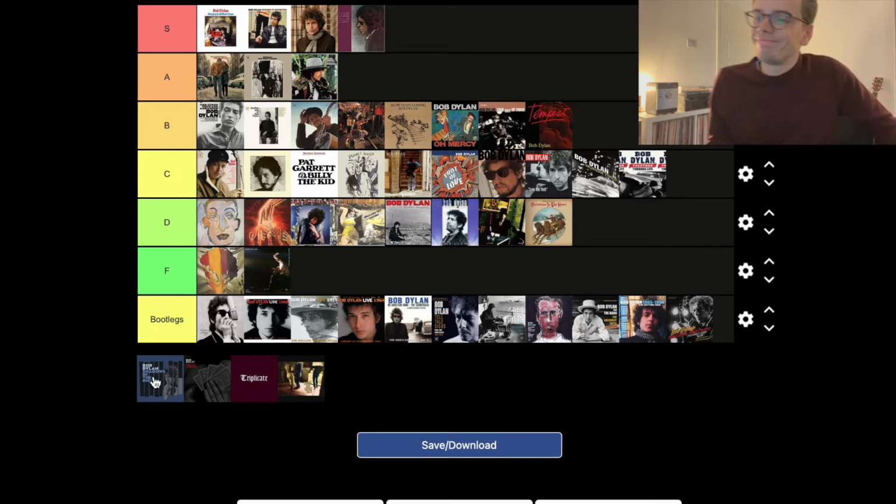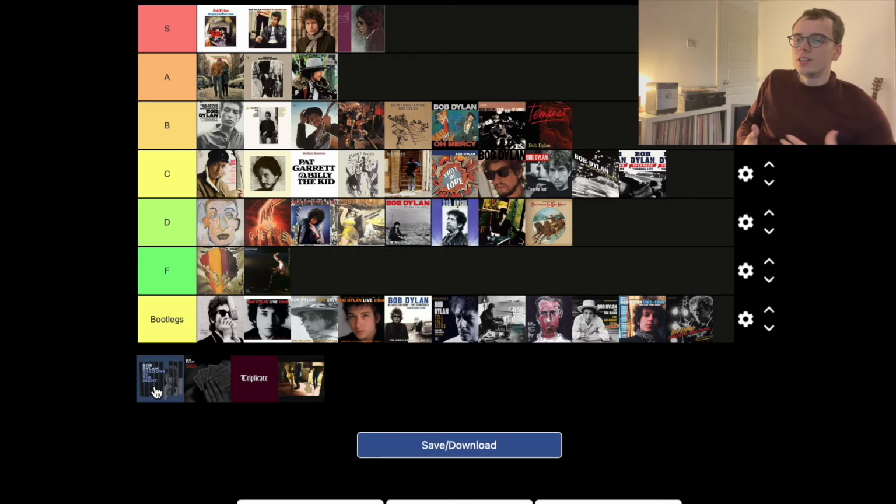Shadows in the Night. I'm not really a big fan of the Frank Sinatra period, which covers this record and the next couple. It's just nothing to me. It doesn't really do much for me. It's just a bit of nothing. They're pleasant enough tracks, and I do think he does good versions of them, but I just struggle to see the kind of creativity in it.